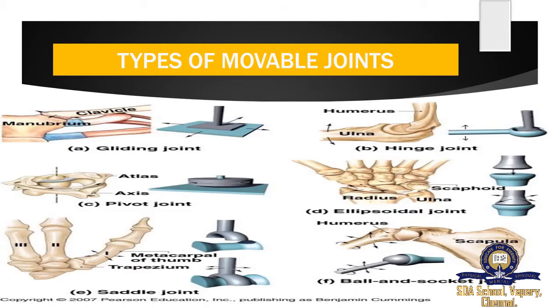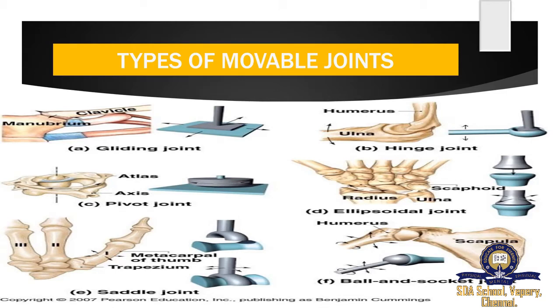Next we have the pivot joint. These pivot joints are also placed in the spine. Movement is restricted in the plane, and it rotates only along the longitudinal axis. The next one is the saddle joint. This saddle joint is found in the thumb, and then the shoulder and inner ear. So our thumb, the bigger finger, and our shoulder and inner ear have a saddle joint. It allows flexion and extension, only slight movements.